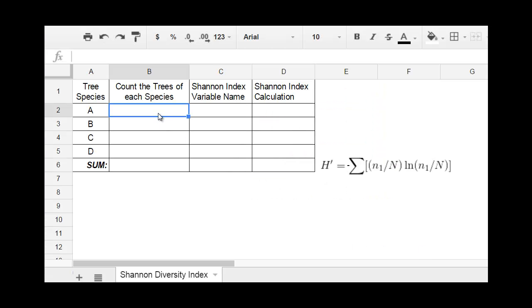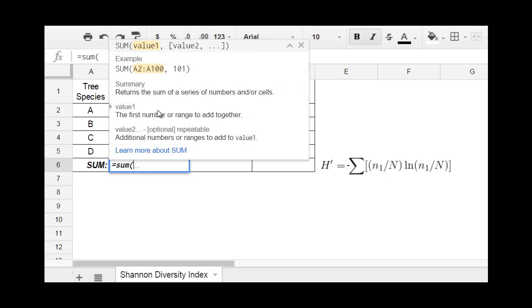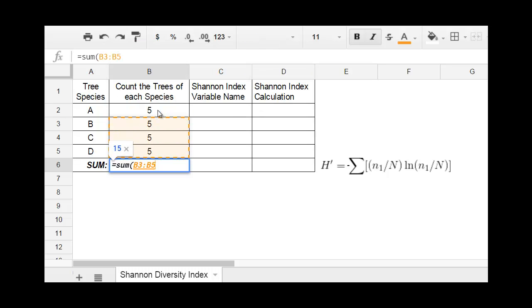Now I'm going to add in 5 for each tree species under the column of count the trees of each species. Species A, B, C, and D each get 5 because of the count. And then I'm going to sum them. I'm going to add them all up by putting equal sign sum, open parenthesis, use my up arrow key once, hold shift and go all the way up to the first count, close my parenthesis